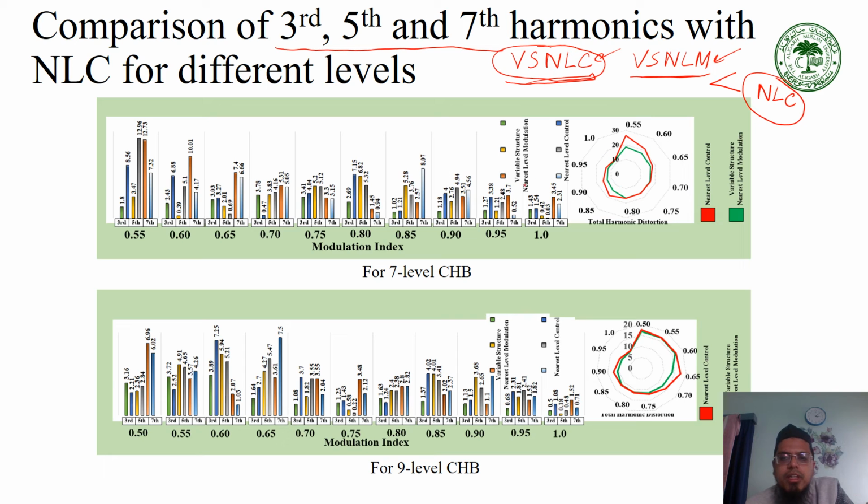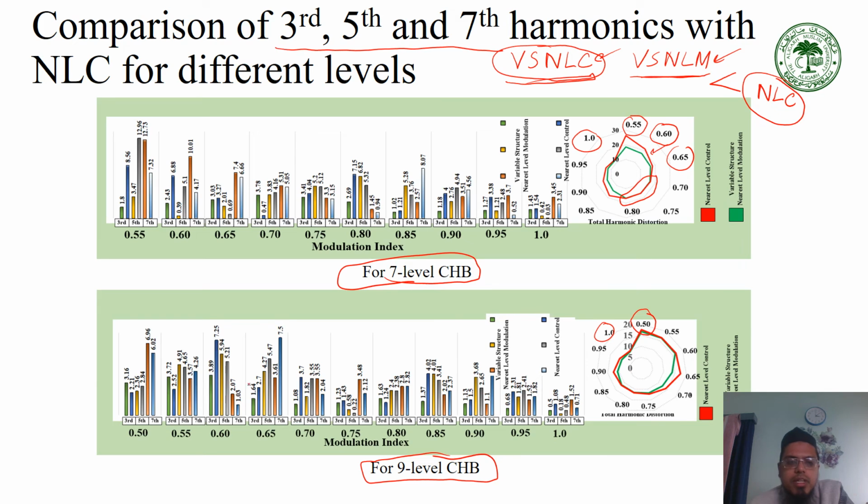Okay, and THD is, you could see here, that for the entire range of modulation index, the THD is less. Even for this region it is almost the same, almost overlapping. But for all the rest of the values of M, I'm changing M from 0.5 to 1, and this is for 7 level CHB. For 9 level CHB also you could see that all the values of THD for M varying from 0.5 to